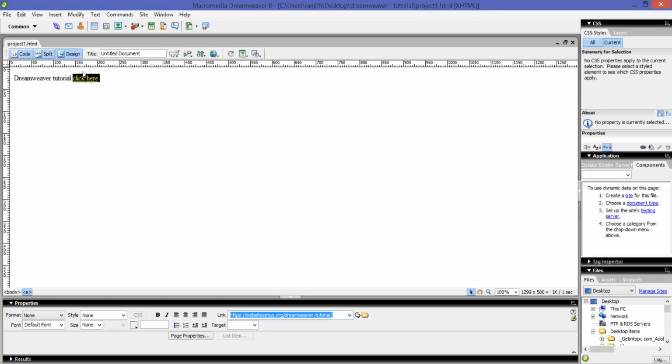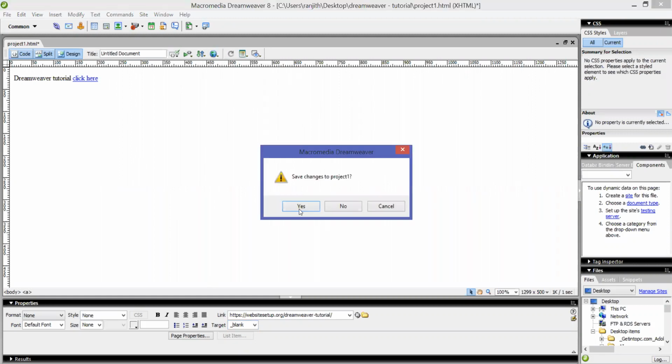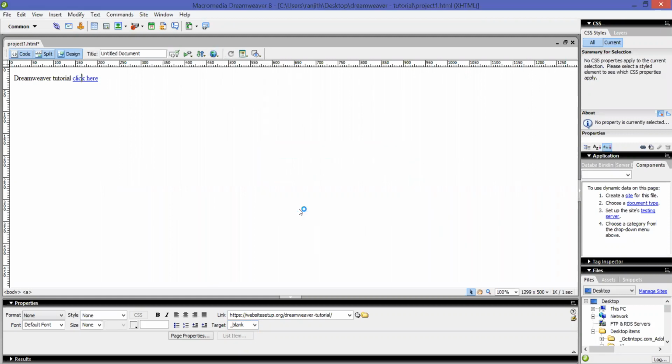One thing is, in this part, you can see the target. If I give blank, it will move to the next page. Now I'll select blank over here. Now I've given blank over here. Let me publish it. Yes, save changes.